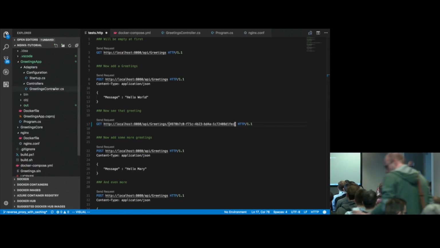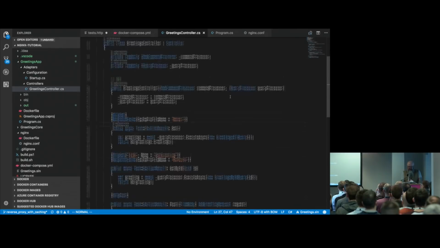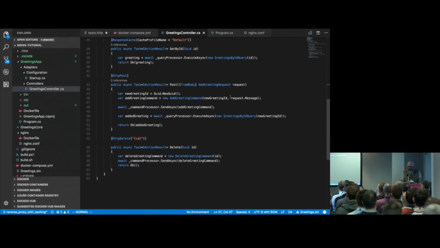Okay, and I will show you a little bit of how it works, but we're not really that interested in that. So you can see there I've got an HTTP post, and what we're actually using is, as we just mentioned,